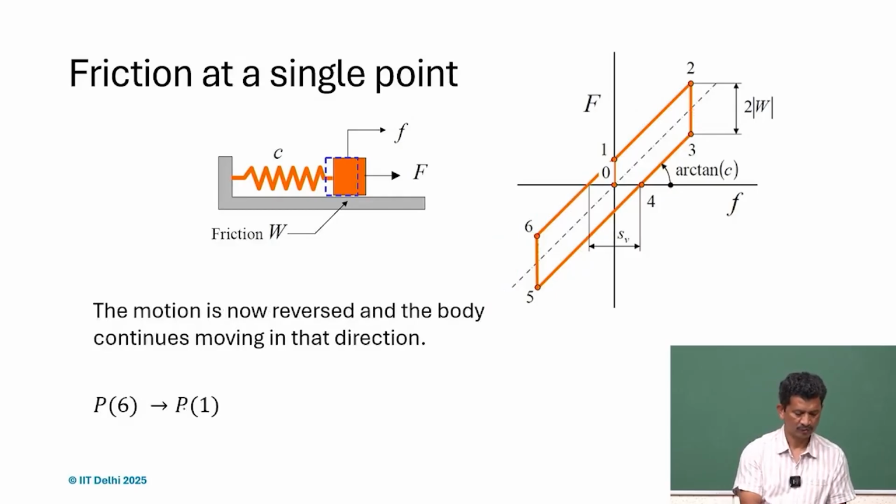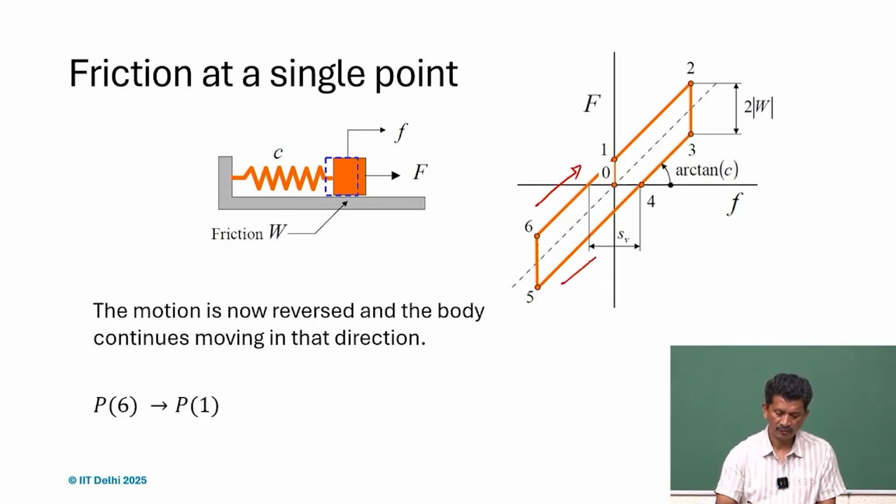So that's what we see here. So that's how we can complete the cycle. So what we see is that if we are reversing the motion, they are taking a different path, and this is the curve of the force versus displacement curve. Once it encloses an area, we say it's a hysteresis, and this is detrimental, because what happens